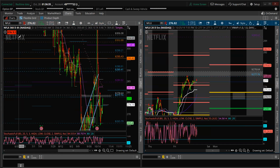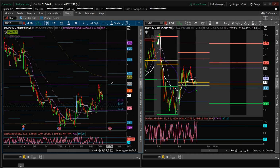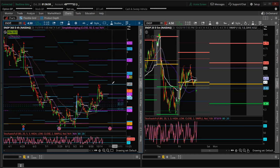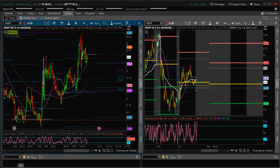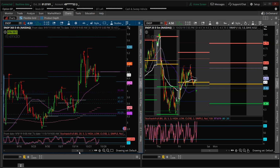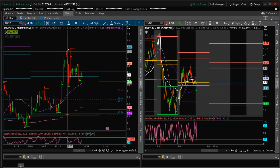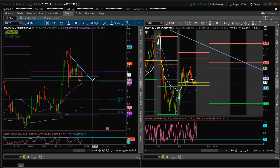And the last one, let's check real quick, ENDP. He also has earnings November 5th, so in 2 weeks. It's doing these little lower highs right here. I don't know if I even marked that. So it's trading inside the key zone,